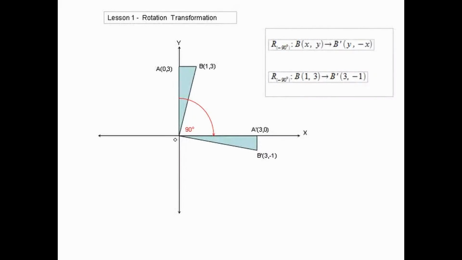I'll take point B, for example, and by rotating it through 90 degrees, and the convention is that minus 90 represents a clockwise rotation, we say that the point B with coordinates x and y will be mapped onto B prime, where x and y are now interchanged and y has taken on a negative sign. So we see that the point 1, 3 becomes 3, minus 1,